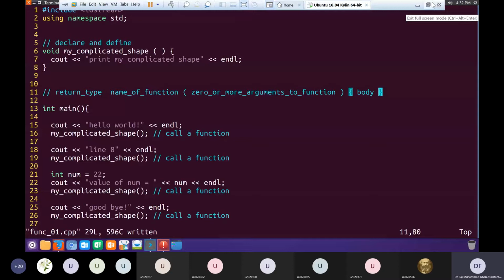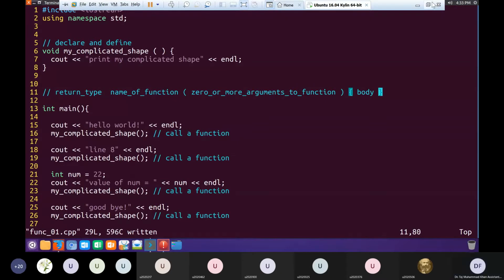The problem that we were facing was that sometimes you have to use the same code at multiple points in your program. So you have to basically copy paste a lot of code, and that increases your overall code size. And later on, if you have to modify that particular code, then you have to go and modify the code in all those places where you had pasted that code. So this kind of manual modification at multiple places is a source of error. We can easily miss updating some portion of the code, or mistakenly make a mistake while updating some portion of the code.